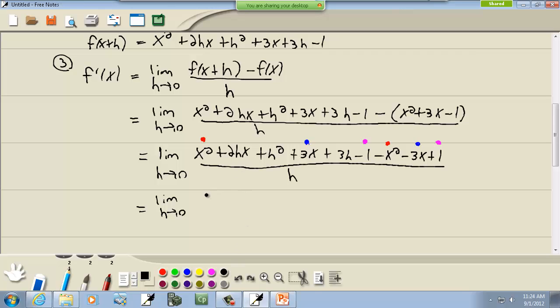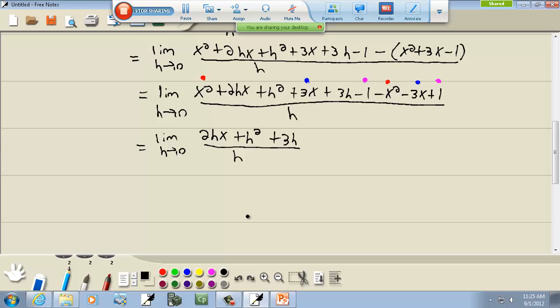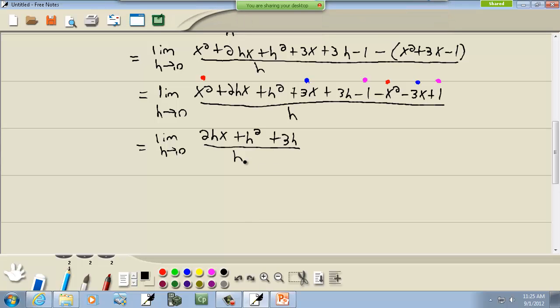So we're left with on top 2hx plus h squared plus 3h all over h. Now the problem is the h downstairs. If I plug a 0 into the h in the denominator, we get division by 0. But up on top, I notice that they all have an h in common. So one of the techniques we have is to factor an h out. So that leaves us 2x plus h plus 3